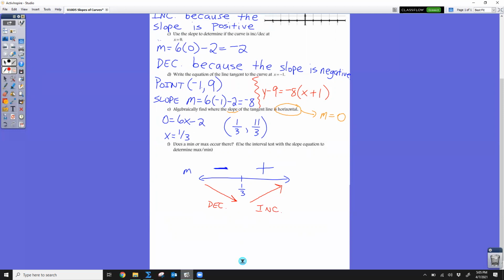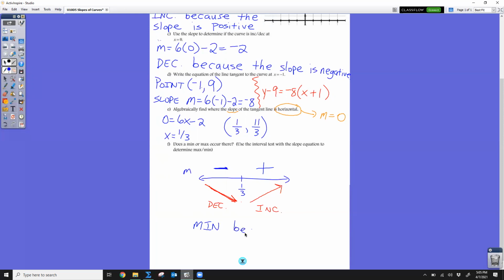Well, if the function goes from decreasing, hits that horizontal tangent, which is the 1/3 where the slope is 0, and then goes to increasing, you can see it's going down and then coming up. This would be a low spot, so a minimum. So we go to change the pen here. So does a min or max occur there? We're going to say a min occurs at that spot